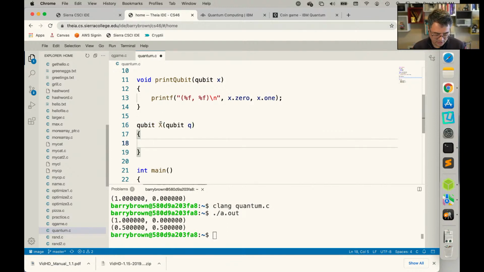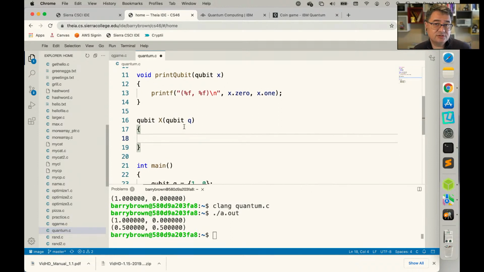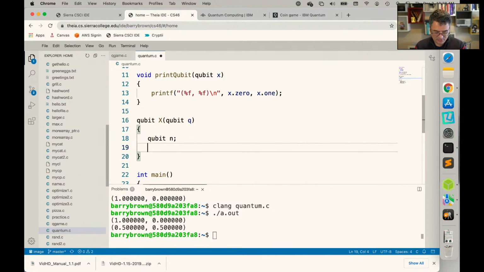Okay, so we're going to make a function here called x. It's going to take a qubit in, and it's going to return a qubit. So rather than modifying the qubit itself, it's going to return a new one. And then this is going to do those matrix operations. So let's make a qubit. Let's call this n. And then we go n dot 0, which is the top number,